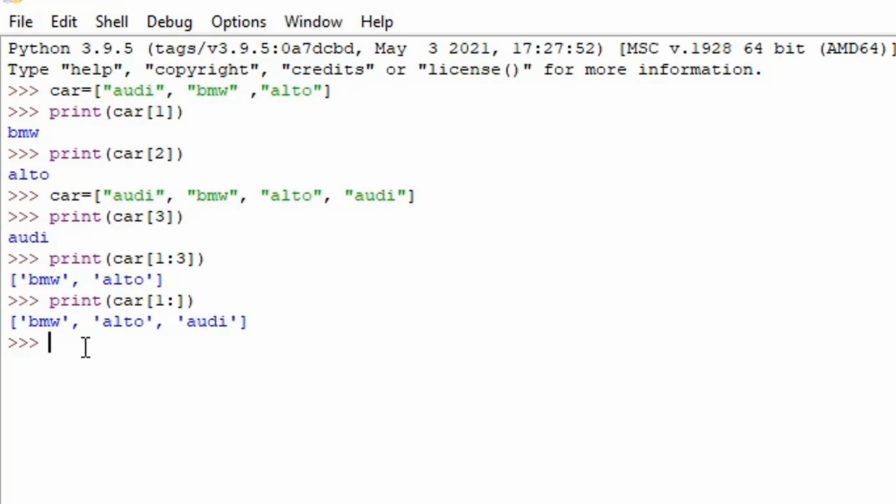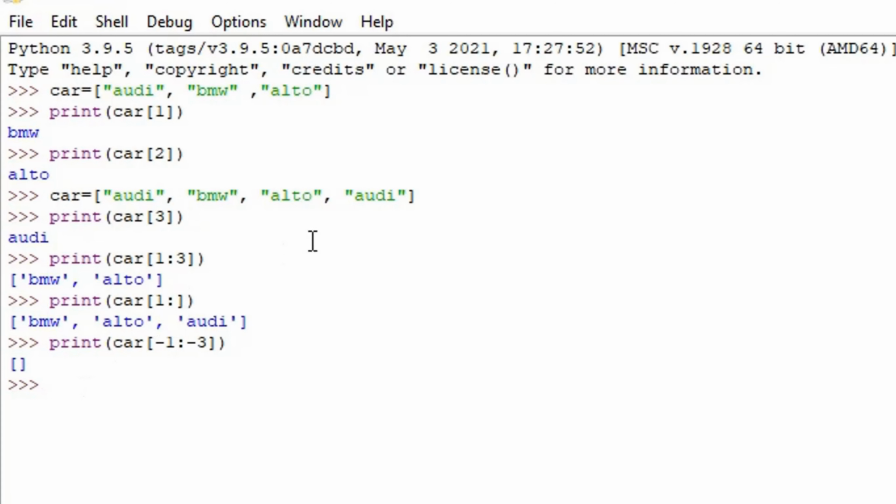तो क्या हमारे पास इंडेक्स अगर पॉजिटिव है तो क्या नेगेटिव भी इंडेक्स हो सकते हैं? So let's see that. If I want to have the value from the back of the list, I'll mention car, and inside that I will mention from -1 to -3. So what do you think? What output are we going to get? Let's see it. We are not going to see any output at all, because whatever we have mentioned, we don't have a value according to that.